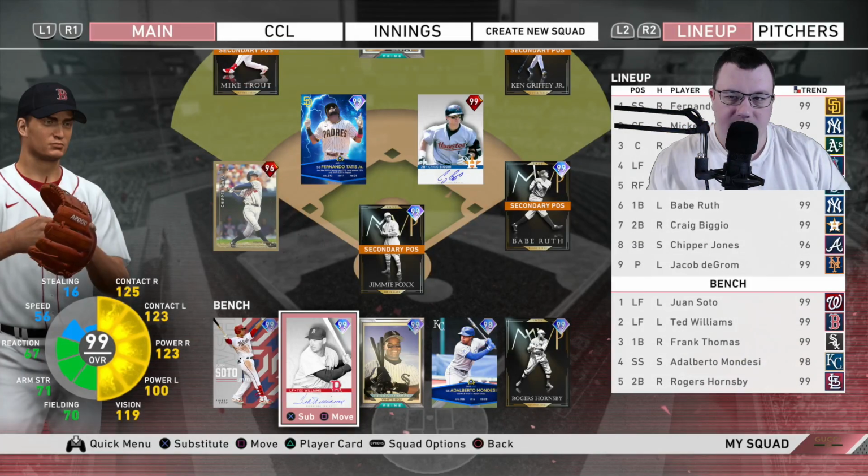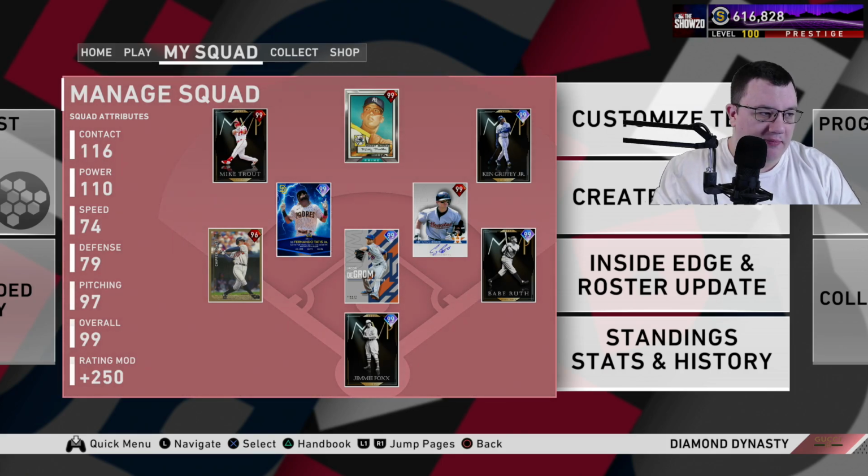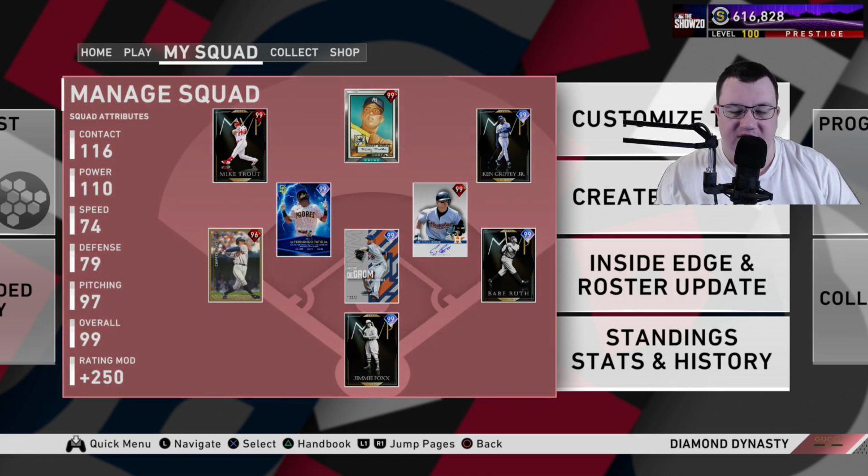All right. So you can see up on the top right of the screen, I have 600,000 left. I had like 2 million and something. There's not a real point, as we get to the end of this game, to just have tons and tons